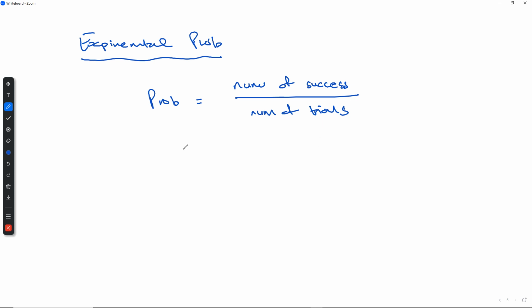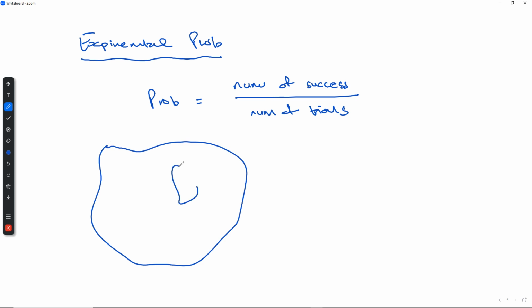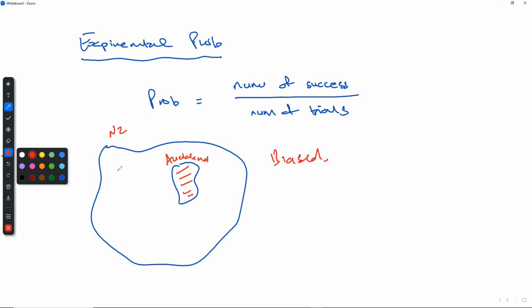The sample needs to be random, so we would have some kind of population, and we would take a sample out of that population and we test that sample. So when you look at the population, let's say this is New Zealand, and over here I take a sample from Auckland, you can see it's found inside New Zealand. The sample is a part of that. All right. This particular sample is biased. And why? Because it has not taken into account the rest of the population.